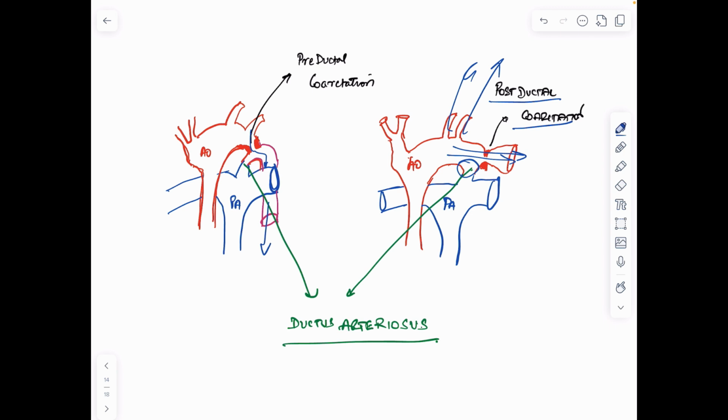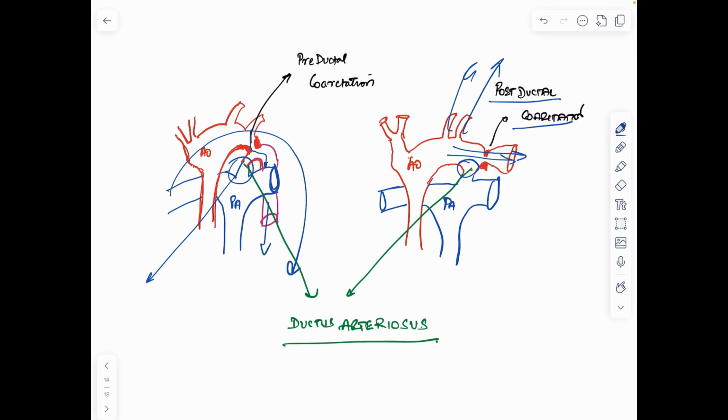Now, since the lungs are non-functional in utero, PDA, that means patent ductus arteriosus, is essential for maintaining the systemic circulation to the lower body. But what happens once there is a birth of the child? After birth, several physiological changes occur. The lung expands, pulmonary vascular resistance drops, and the PDA starts closing in response to the higher oxygen levels and decreased prostaglandins. As a result, if the baby is normal, then the aorta starts delivering the blood to the